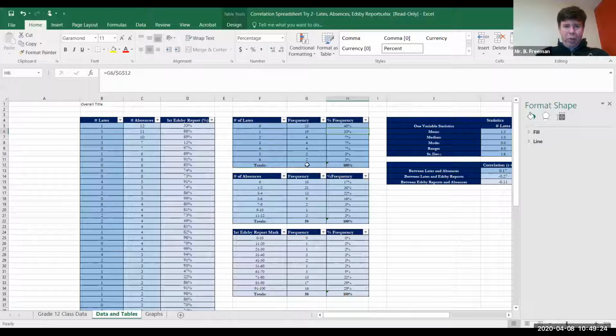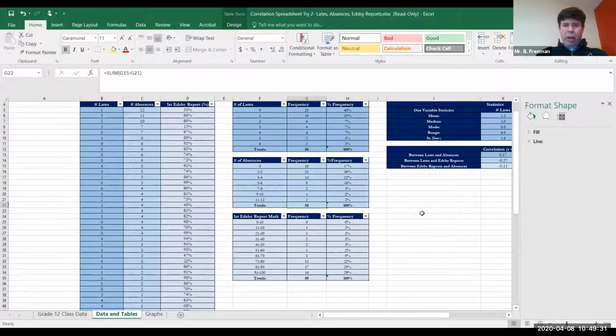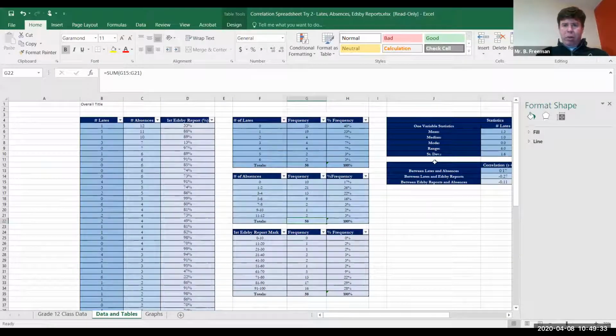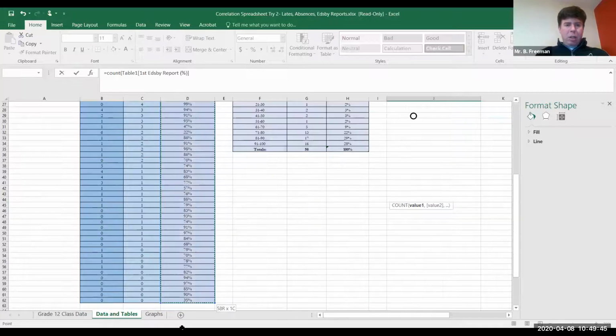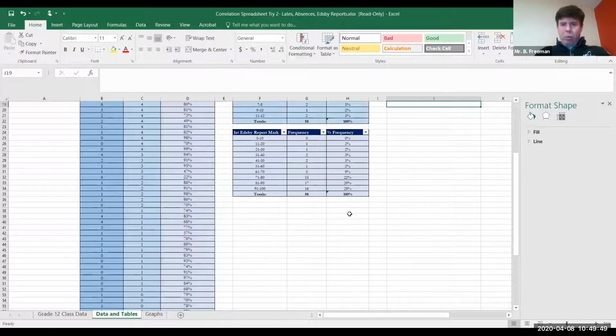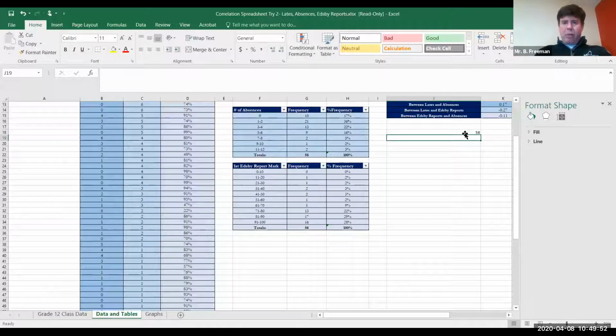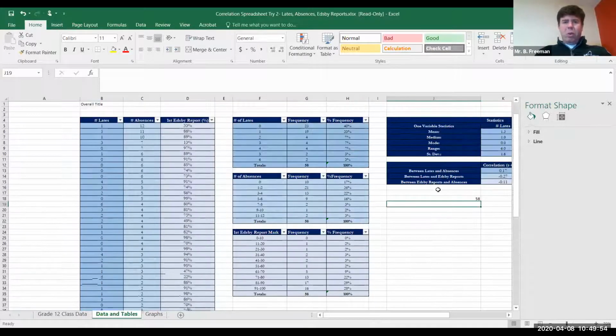The other thing I'm noting here is that there are 58 students in this data set, so that's a good double check. I could always add another one-variable stat up here where I just do a count. You would want to format this better, but I'm just going to use a count formula to double check whether we have that correct. Here we have a count of 58,